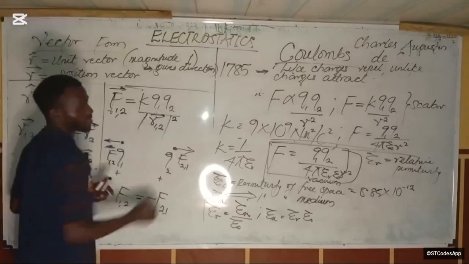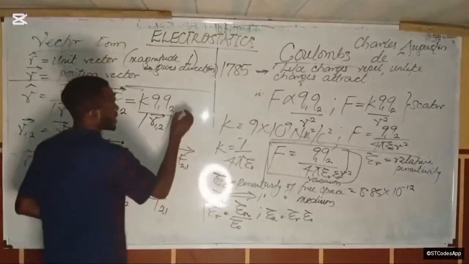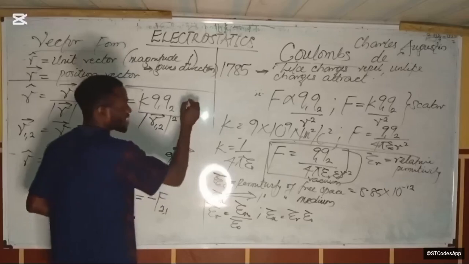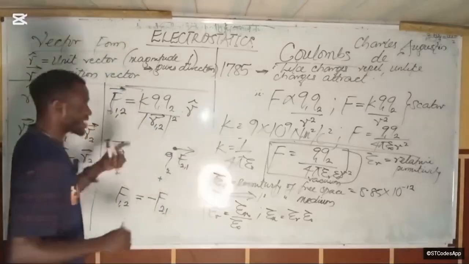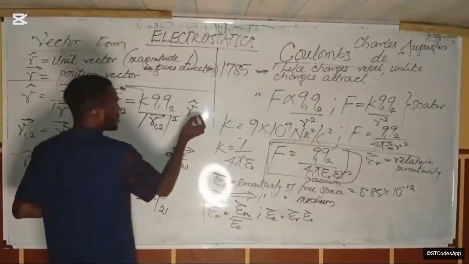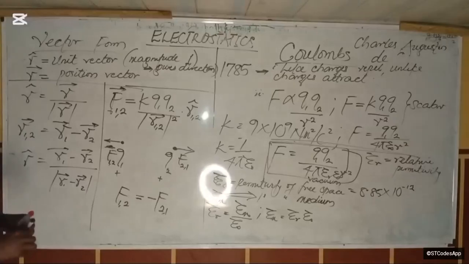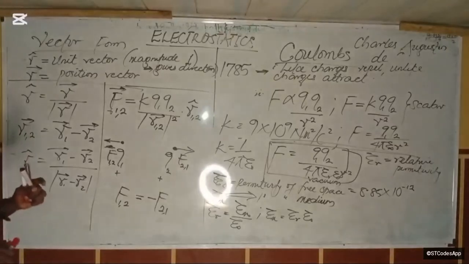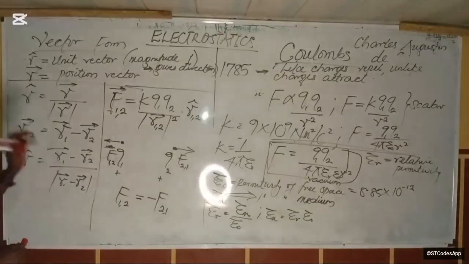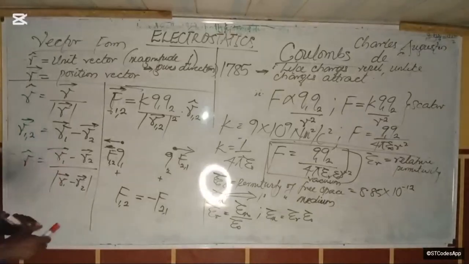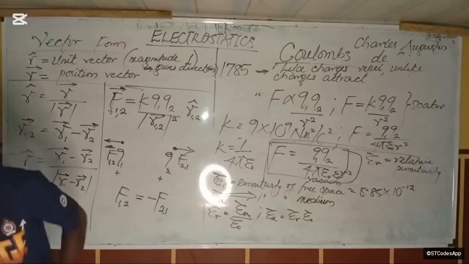then squared. Now, if I square it, it means that I'm multiplying with a unit vector, because it has a direction. It means I'm multiplying with the unit vector that points from 1 to 2. I hope this makes sense. The unit vector that points from 1 to 2. Okay? Now, let me introduce something else to this.